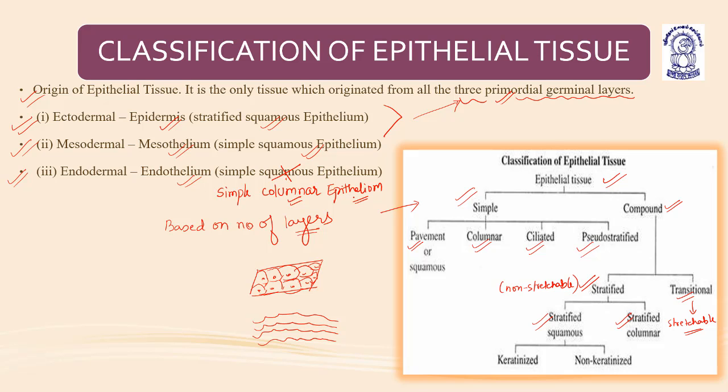So these are three different classification categories, based on different bases. Now understood? Stratified squamous epithelium which is keratinized means it has a keratin layer. And stratified squamous epithelium which is non-keratinized means it does not have any keratin layer. Now coming to next,